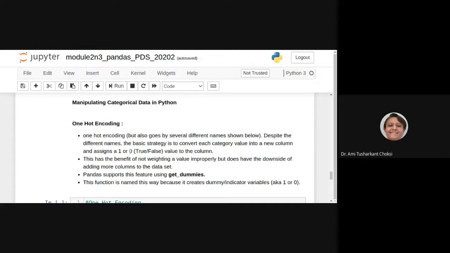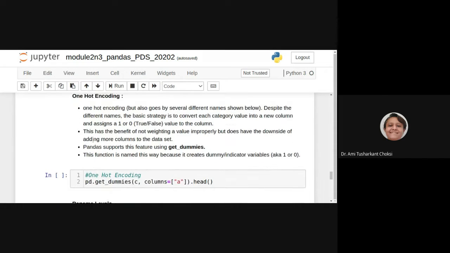For 0, we can say false, and for 1, true. This has the benefit of not weighing a value improperly, but has the downside of adding more columns to the data set. Pandas supports this feature using the get_dummies method.